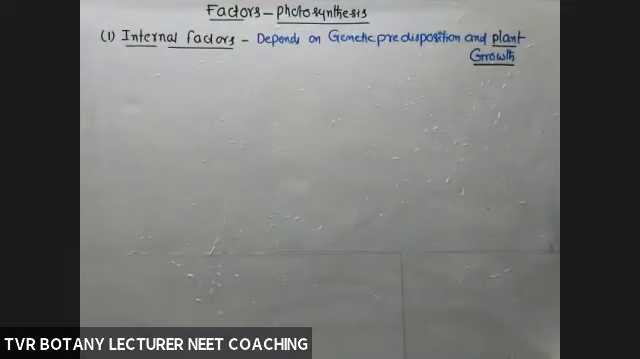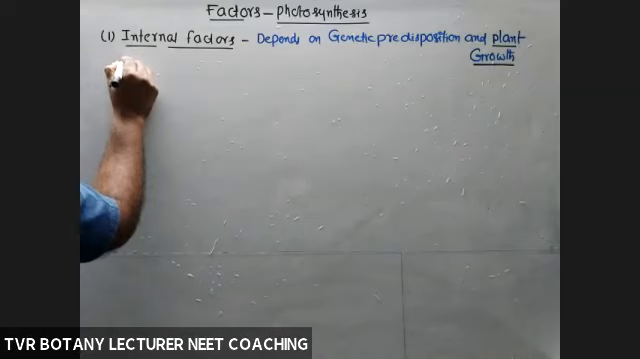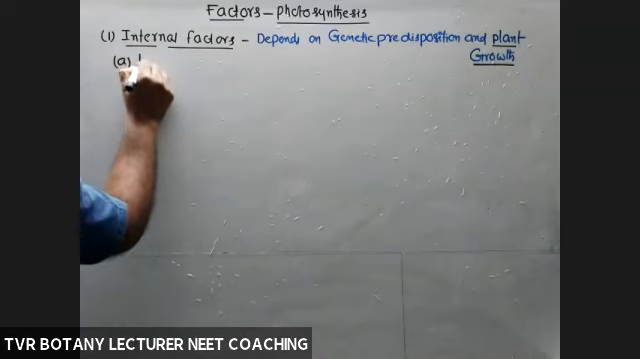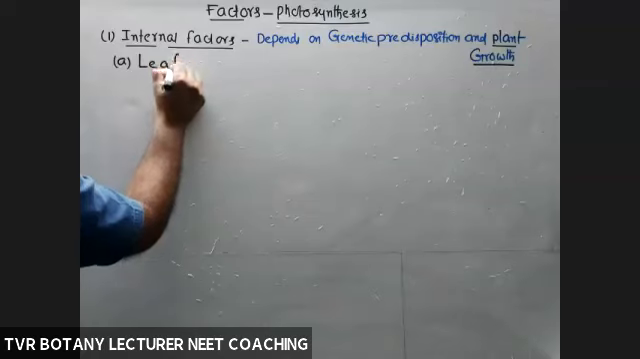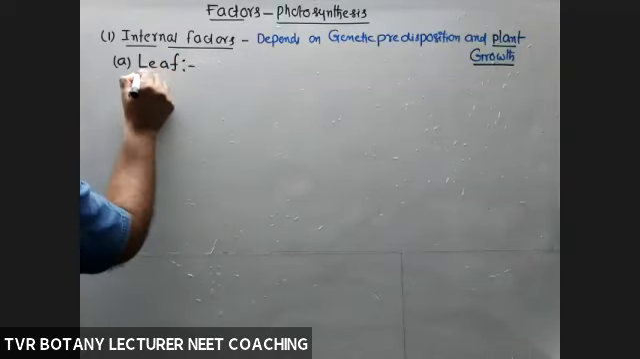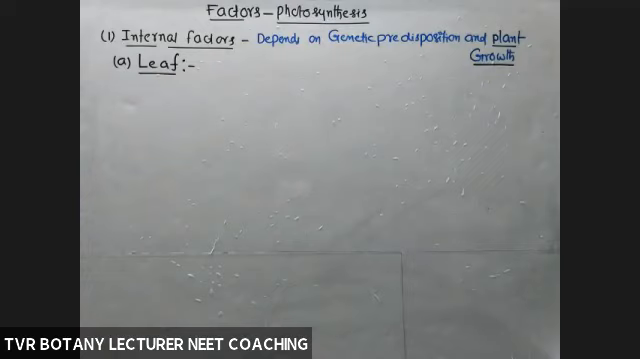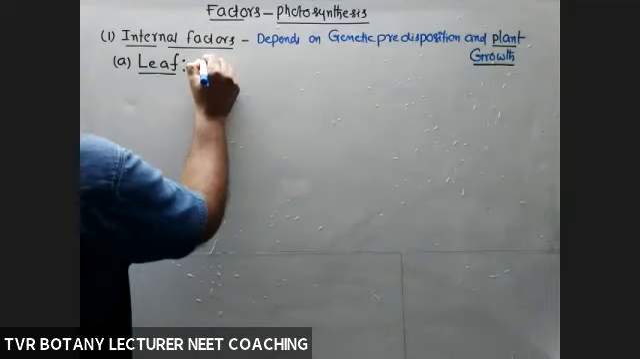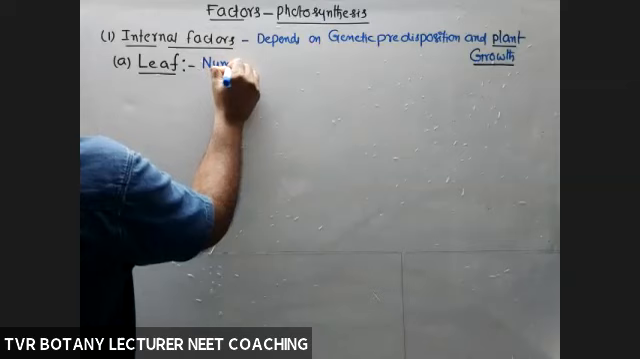During various developmental stages, definitely that is able to bring change in number of leaves and leaves exposed to sunlight also, chlorophyll content also. Plant growth is also a factor. So what are the internal factors? First one, leaf-based factors. What are the leaf-based factors? Leaf-based factors means number of leaves,